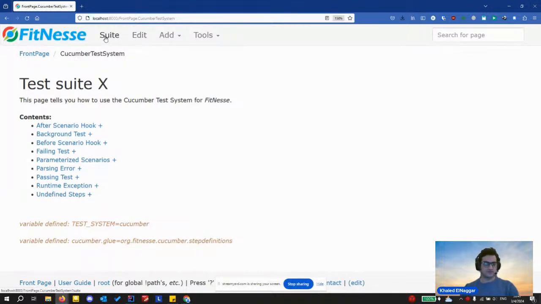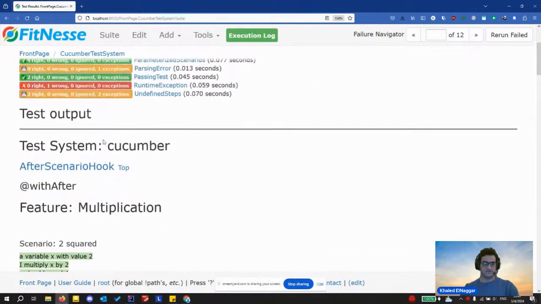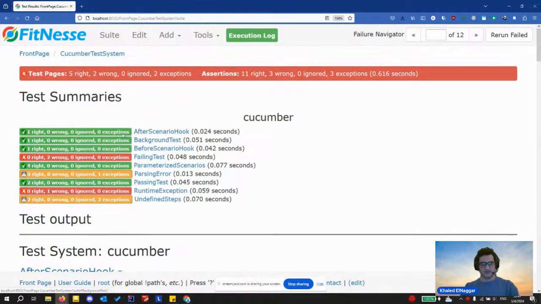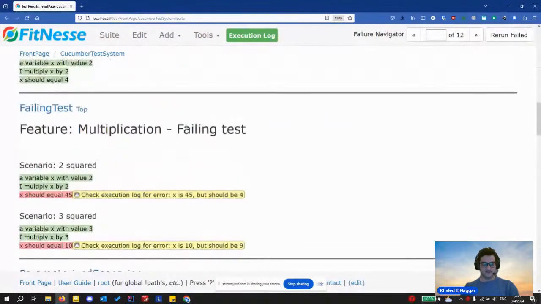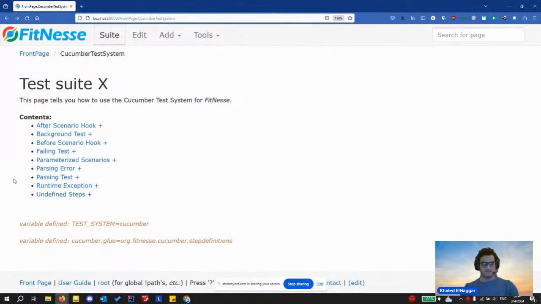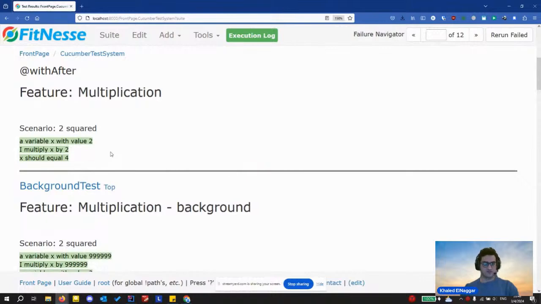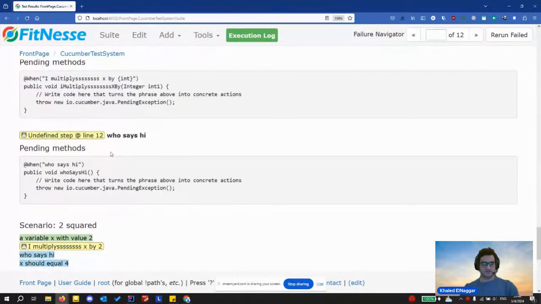Let's run the whole suite to see how the report is generated. Now this is the whole suite running all the features or the feature files that we have provided. It tells us how many were right, how many were wrong, how many exceptions were thrown. I think it is very easy to read, very easy to detect what changes happen. So, for example, if this was an old acceptance test and there were new modifications or changes to the system, when you run the suite, it will tell you which tests failed, which tests broke because of the new changes, and so on.